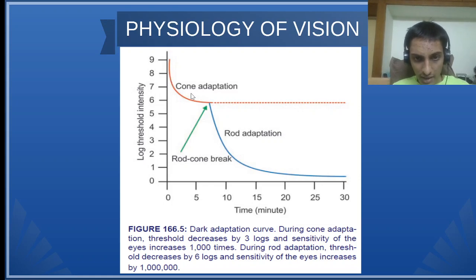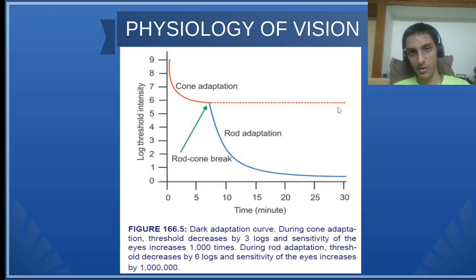It is not much, but in the rods it is very sharply observed. There is a sharp decrease in the intensity coming to the rods, but not very much in the cones. In the cones we can see it is becoming unaffected after that. After, let's say, maybe around 6 to 7 minutes, the threshold intensity after that till the end of this graph